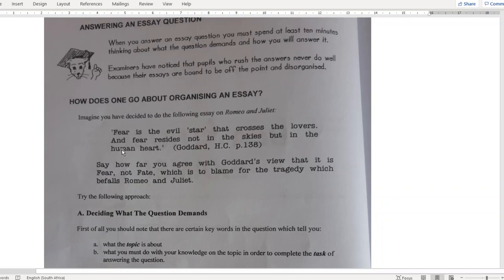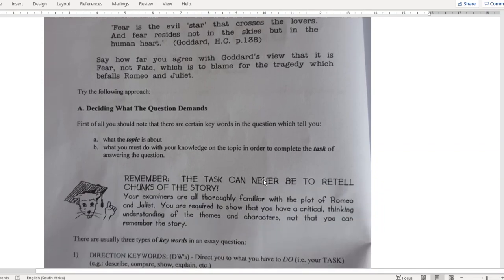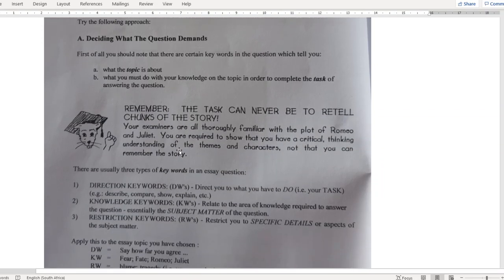Right, so it says there, fear is the evil star that crosses the lovers, and fear resides not in the skies, but in the human heart. This is as per Goddard's understanding. And his view is that fear, not fate, has to be blamed for the tragedy which befalls Romeo and Juliet. And so we're just going to unpack that question, but basically continue to go through what the question